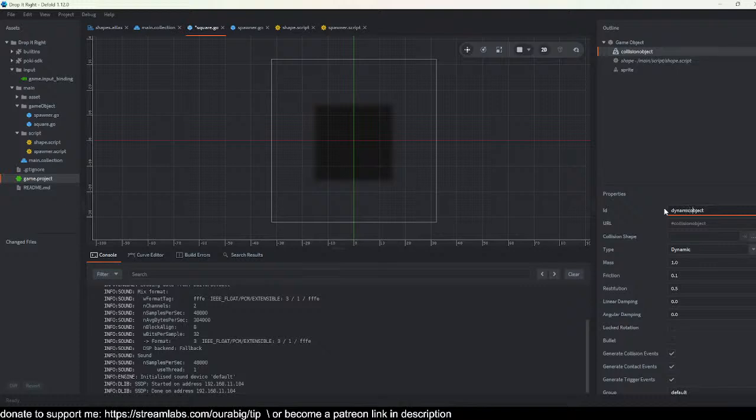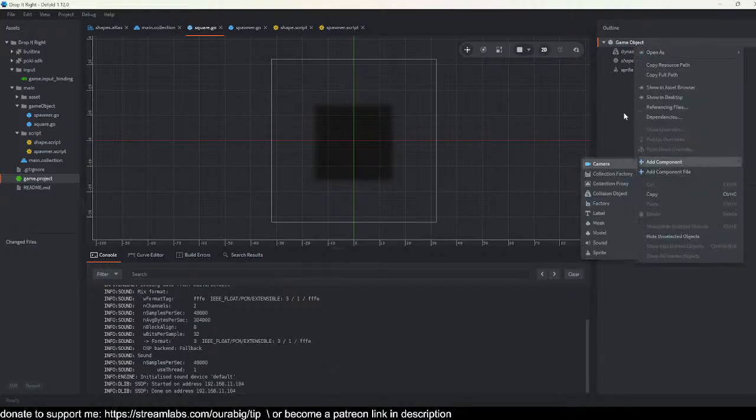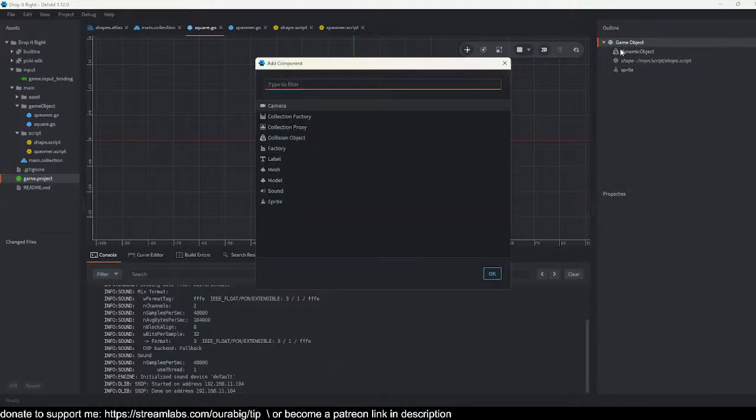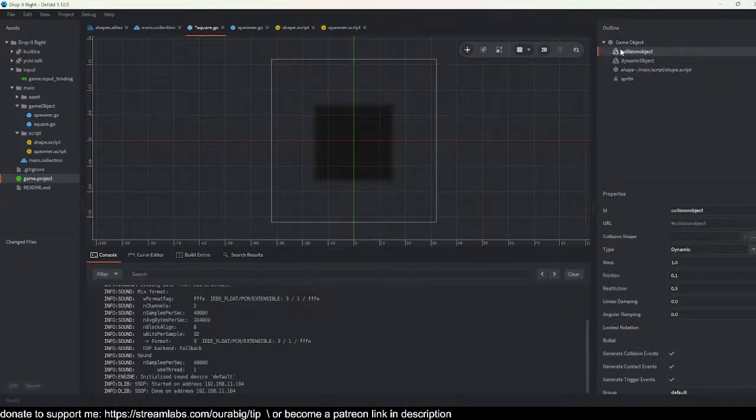And we're going to have another collision object, which we are going to name, let's say, static object. I'll say why I'm having a dynamic and a static object. Well, it's for, let's say,